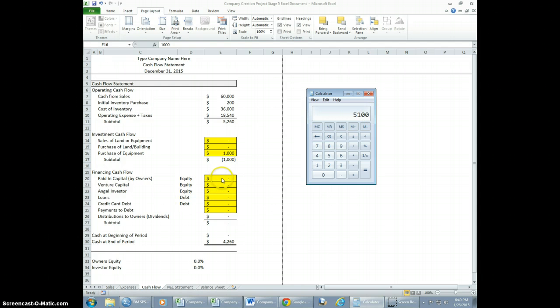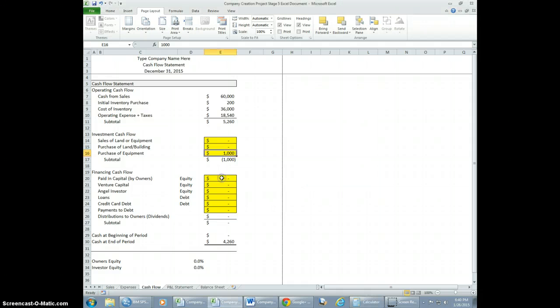So for the purpose of this example, I'm going to assume that $1,000 of those dollars came from paid in capital by owners. So that is, if I'm the sole owner of my company, or you have a team of 5 and all 5 of you are the owners of your company, you have committed to contributing $1,000 of your own personal cash as part of your startup capital. I've also decided I was able to get a venture capitalist to contribute $2,000 as part of my startup cost,